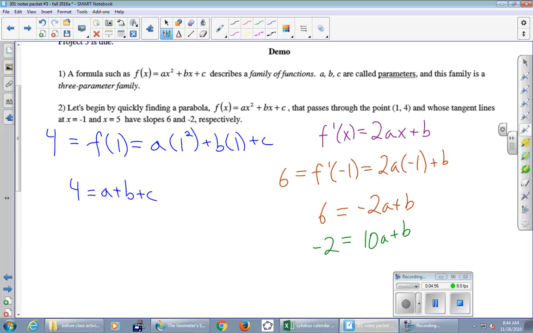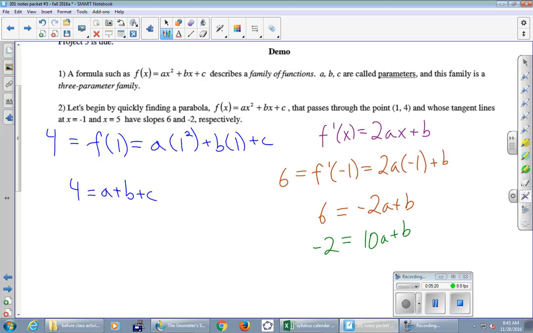Which one are you looking at, Ben? This one here, the third one? Yeah. So I ignored this piece right here. I just didn't bother writing it. So it's 6 equals... Oh, okay. Yeah. Okay. All right. So I've now got 3 equations, green, orange, and blue, and I just need to solve